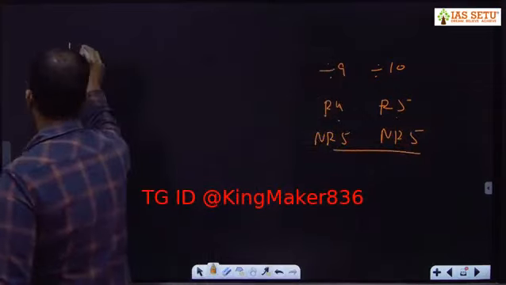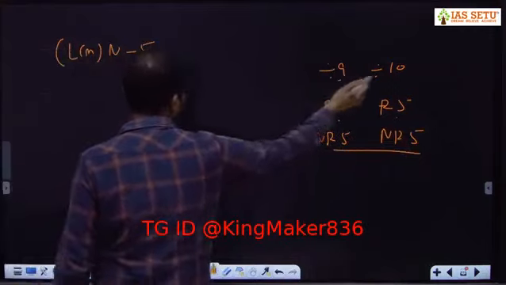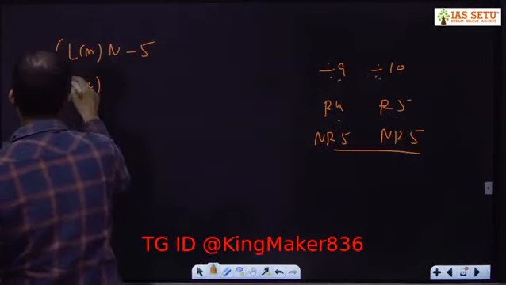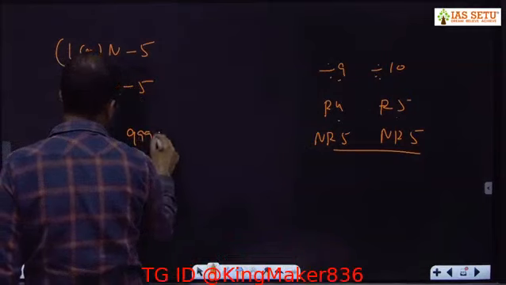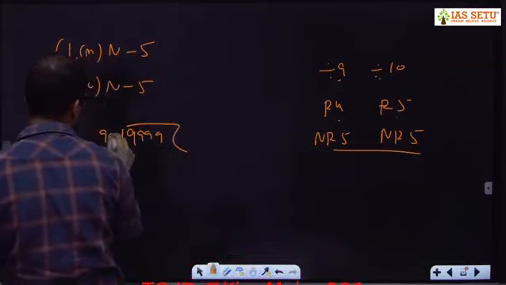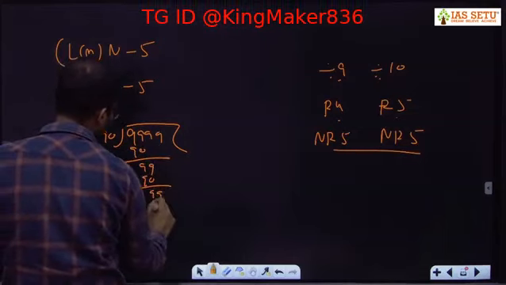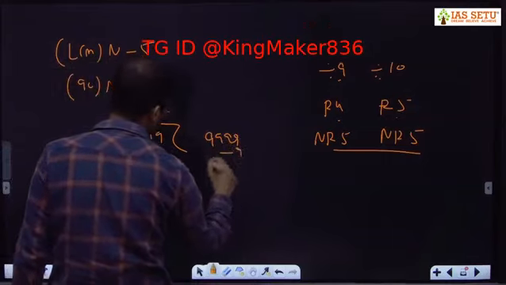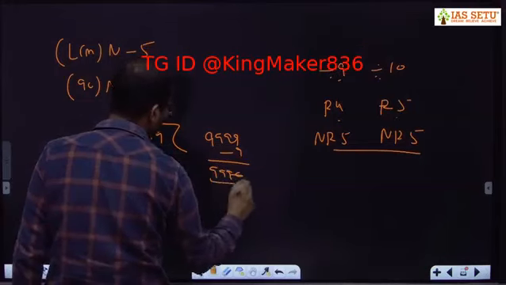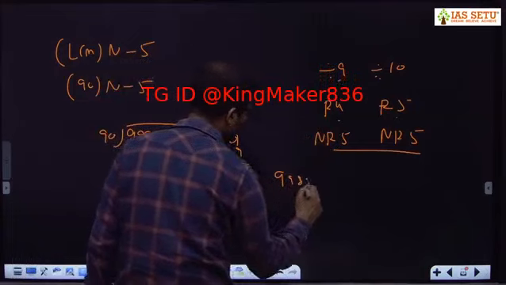LCM, multiple of LCM minus 5 will help you. So what is LCM? 90 minus 5. What is the largest four digit number which is divisible by 90? We will find out. पहले इससे निकालेंगे। तो 9999 minus 9, it is 9990। अब रिमाइंडर minus 5 है तो ये कर दो 998।